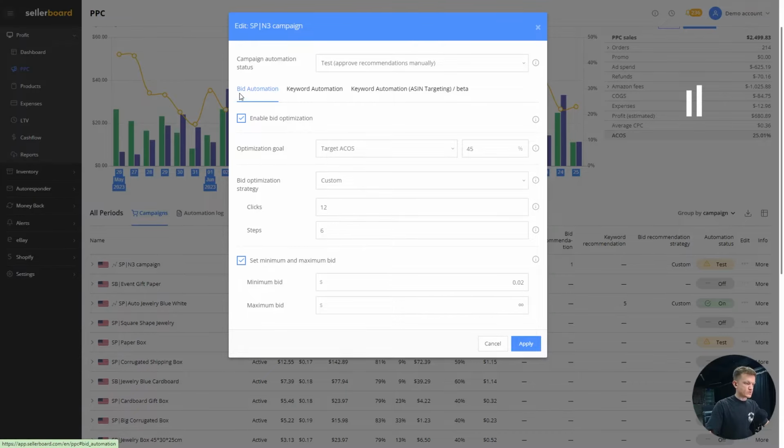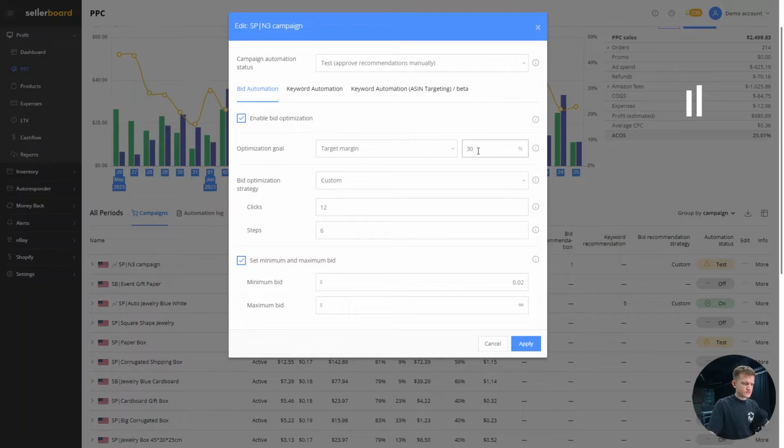And as for bid automation, first you check the box to turn it on and then choose your optimization goal. So the first option is the target margin that you are looking for. For example, you want to have a profit margin with a certain PPC campaign or a certain keyword at a level of, let's say, 30%.